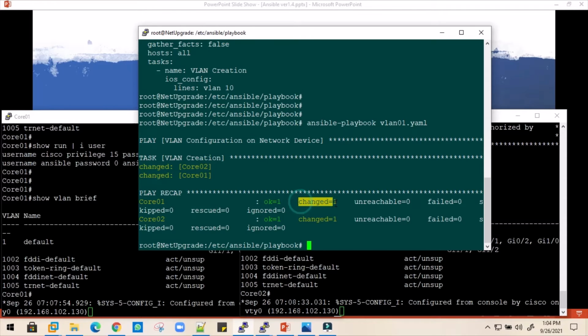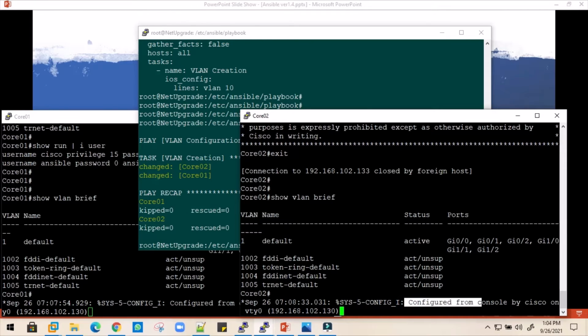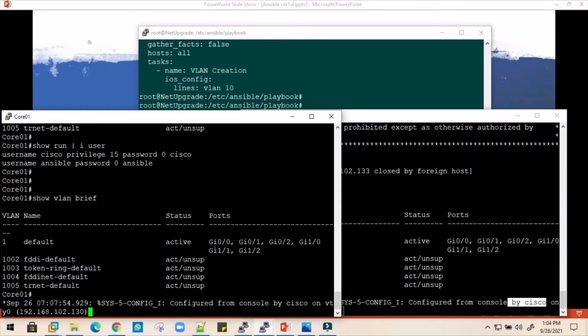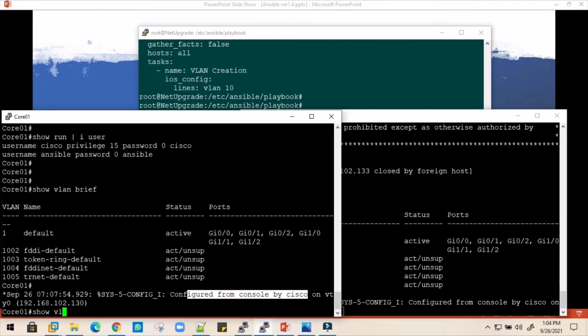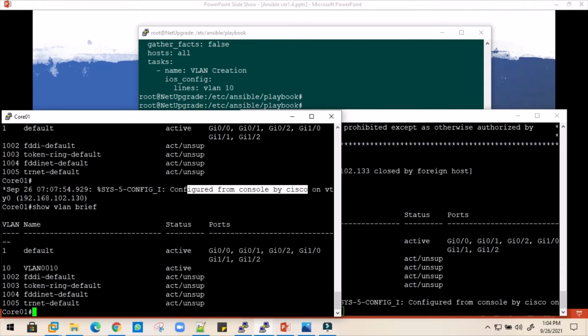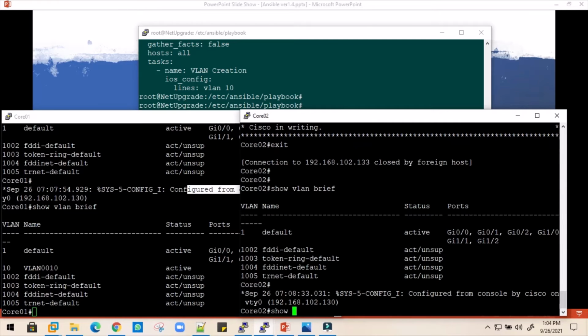They made one change each on core switch 1 and core switch 2, which you can validate from the recap summary. We also validated that these were configured via the console by the username Cisco, and the same you can validate from the other core switch as well. Now let's verify with the command. Now the VLAN has been configured on both core switches.